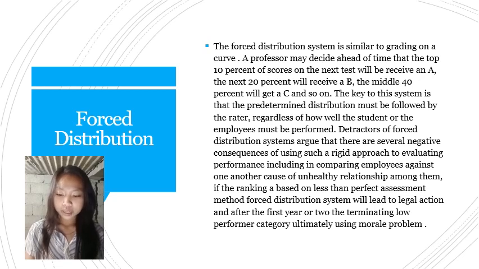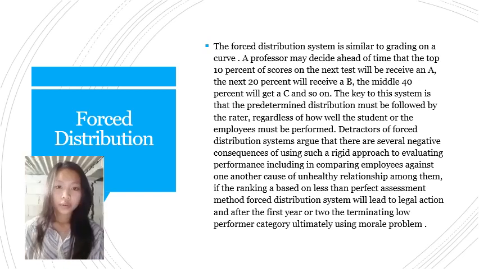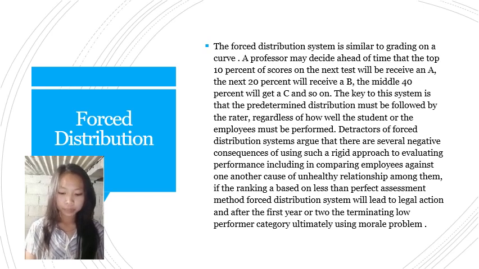If the ranking is based on a less than perfect assessment method, the forced distribution system can lead to legal action, and after the first year or two, determining the low performer category can ultimately become morally problematic. For example, employees are ranked with the preconceived notion that 10% are rated most effective, 80% are rated